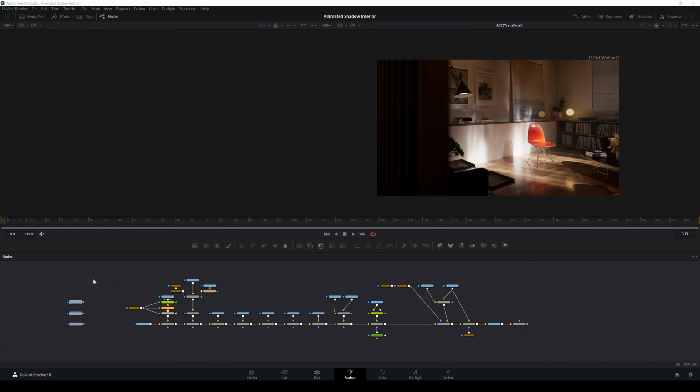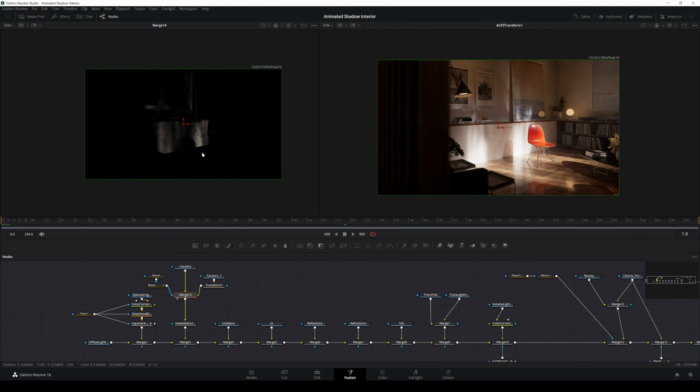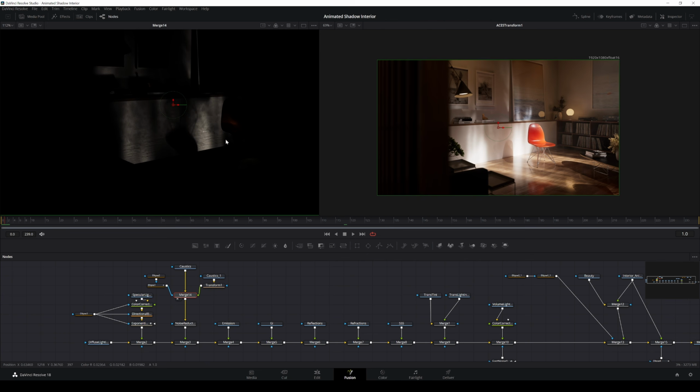Real quick, I wanted to hop into DaVinci Resolve and talk a little bit about ways to deal with caustics that are noisy in comp. So I've got my AOVs all split up here and recombined into the final image. If I go back over to the caustics section here, I'm doing a couple different things to get rid of some fireflies in my render. But basically, if I hit 1 here, I can bring up just the caustics into this window. And if I zoom in